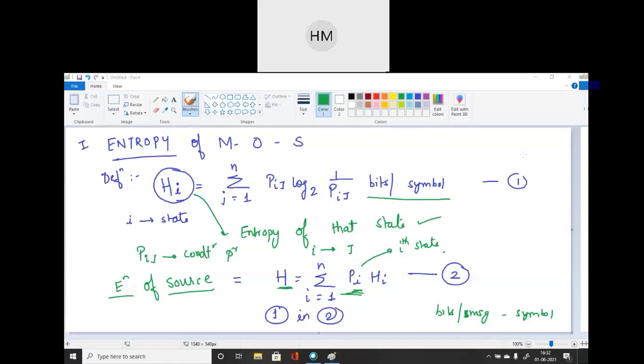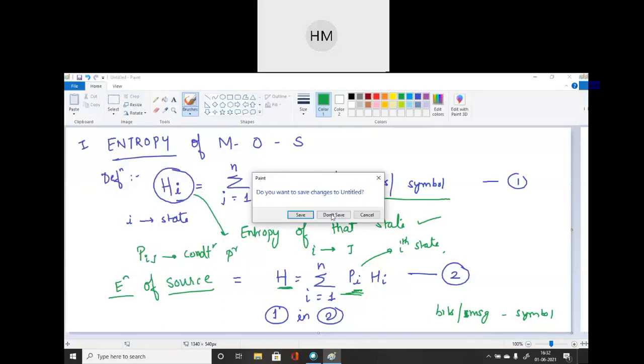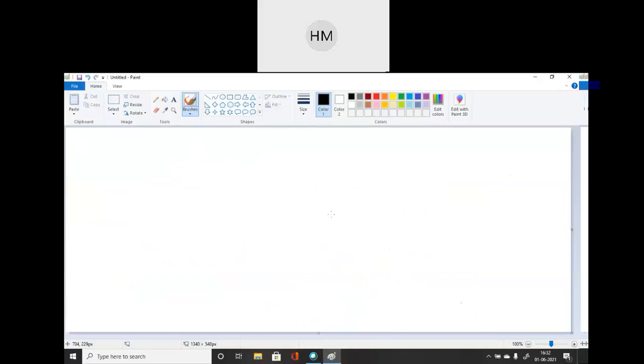Finish writing down these formulas. Okay. So I'm changing my slide. So entropy of source. Clear? Then